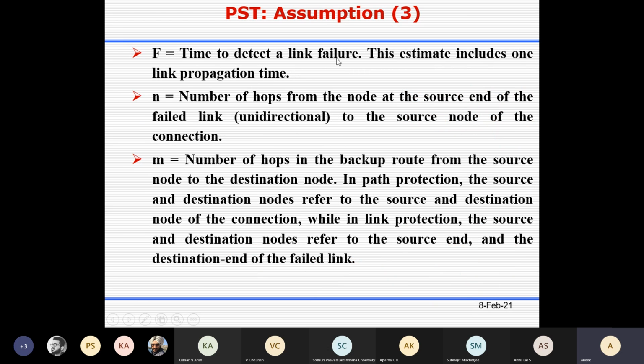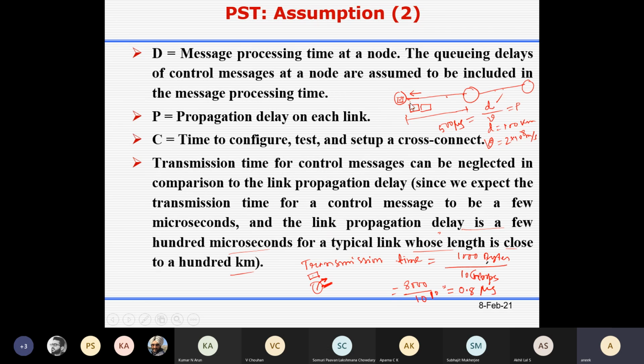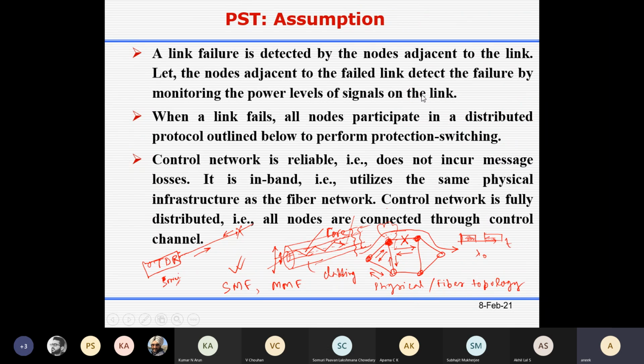Now F is the time to detect a failure. These estimates include one link propagation time, because when there is a fiber cut, the cut can take place just before the end node of the link, so the signal has to flow in this direction. And there will be some processing to understand that a link failure has taken place.